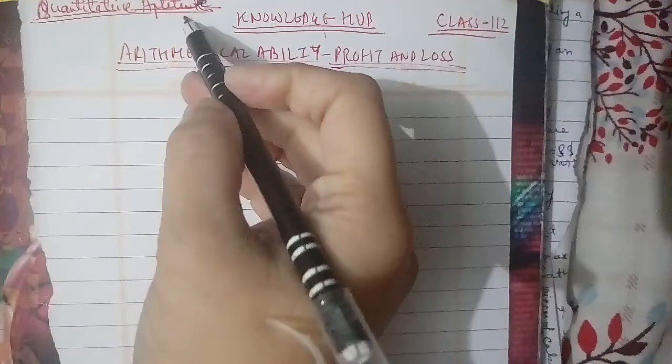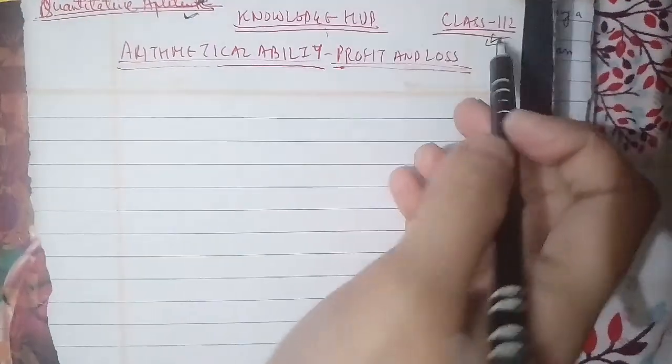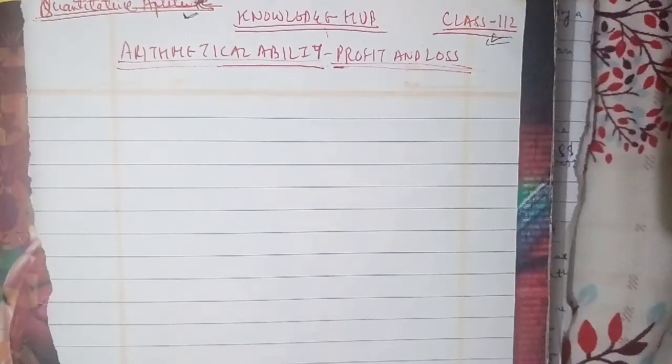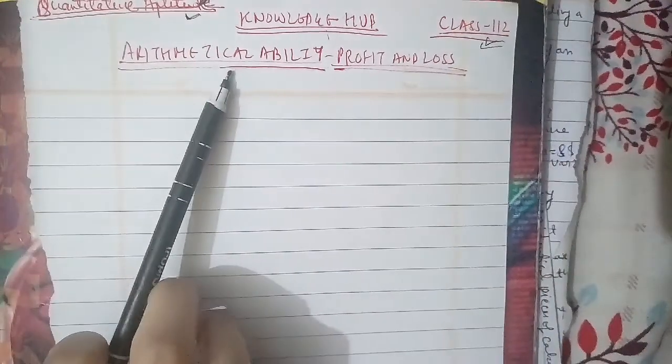Today we're going to start with your quantitative aptitude class, which is the 112th class of the session. We had done 111 classes of the session in the last classes. So today we're going to start with the 112th class, where we have to deal with the 186th question of the session. We had done 185 in the last classes, where in quantitative aptitude we had started with arithmetical ability,